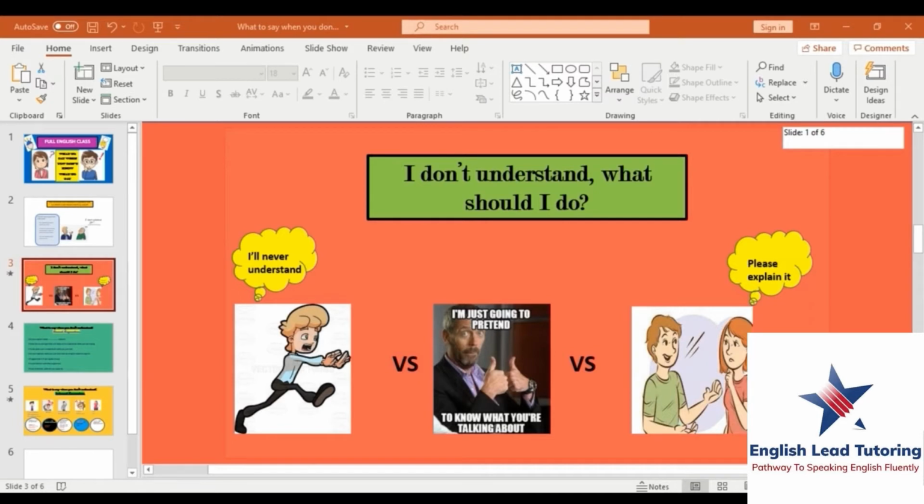It's almost as if you're running away from the person in fear of the person realizing that you don't understand what they're saying. So that's one option. You might choose to run away, right? Hopefully not. Another option is that you could say, well, I'm just going to pretend as if I understand what